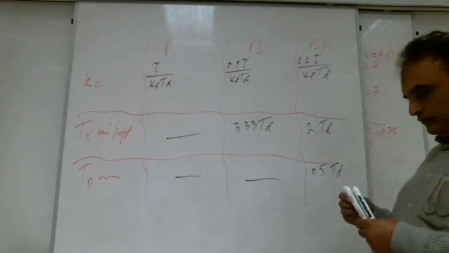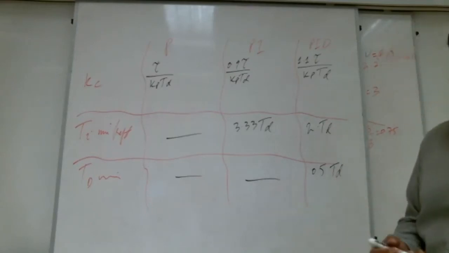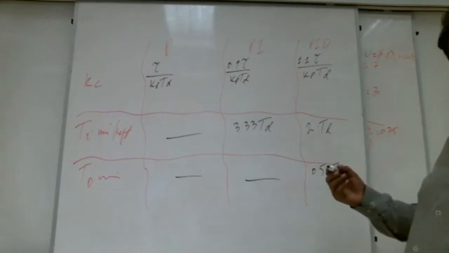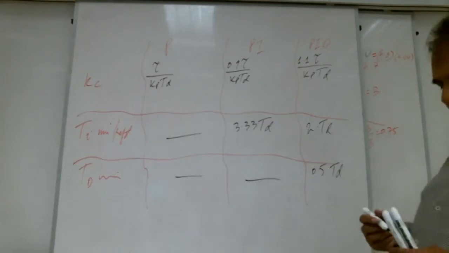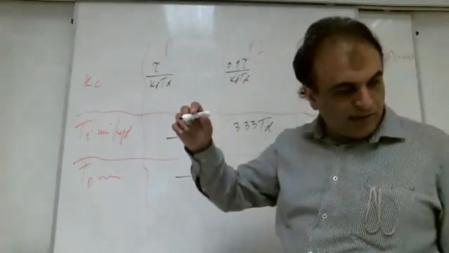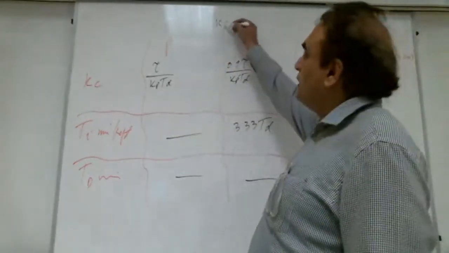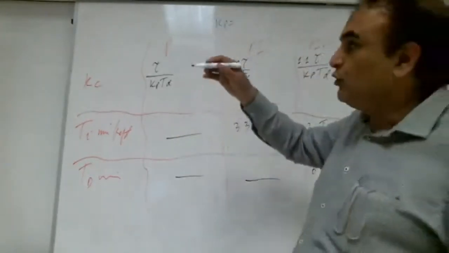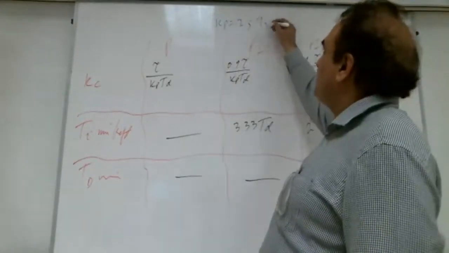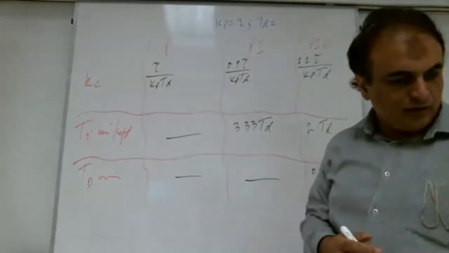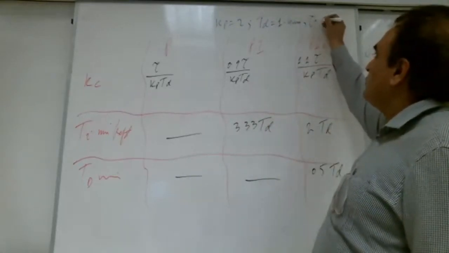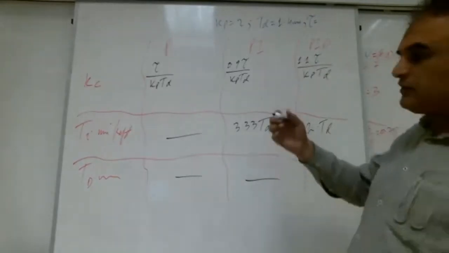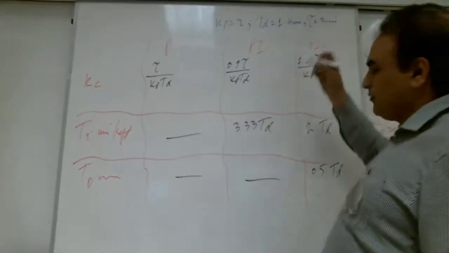TD, dead time, is 1.4 minutes. Time constant, 3 minutes. Determine the tuning parameters for a PI and PID controller. So how much is KP? KP is 2. Dead time is 1.4 minutes. And the time constant is 3 minutes. Right, Shabab?